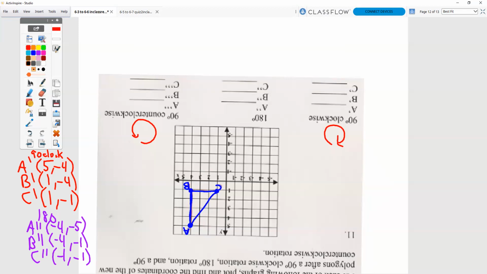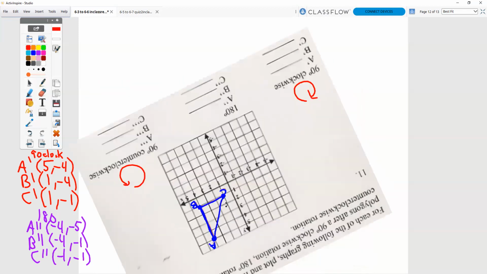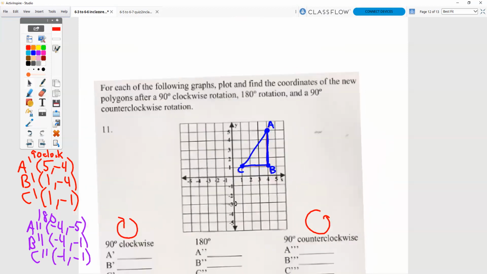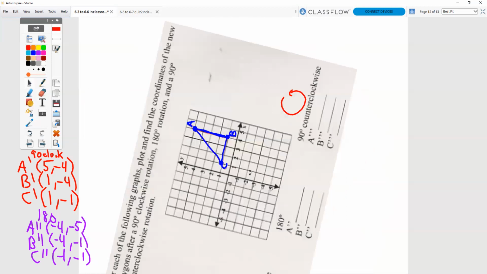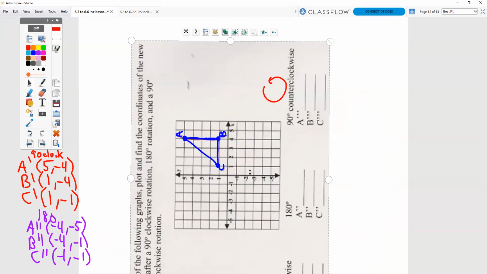Our last one is a 90 degrees counterclockwise rotation. If I turn my paper back to normal here, counterclockwise is backwards clock. Backwards clock goes around like that. All right. So when I take a look at these, and I'm going to switch to orange here, I'm figuring out A triple prime, B triple prime, and C triple prime. This is for 90 degrees